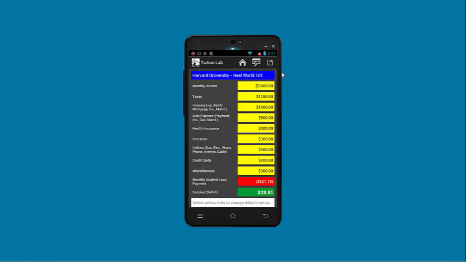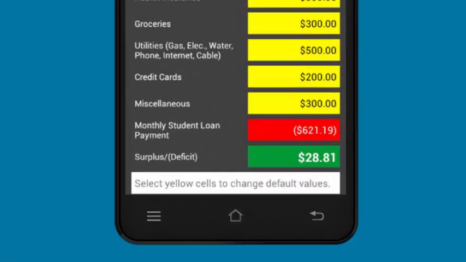This screen allows the user to model or simulate income and common after graduation expenses. Like the other screens, you can change any of the values in the yellow text boxes. Note that the default values are for demonstration purposes only and will most likely be very different for the majority of users. You'll have to do some research based on your career choice to determine just what your expected income will be. You can then input living expenses, which along with student loan amount carried over from the Finance 101 screen, will be subtracted from your expected income to determine how much money you'll have at the end of the month. A positive value, surplus, will have a green background,